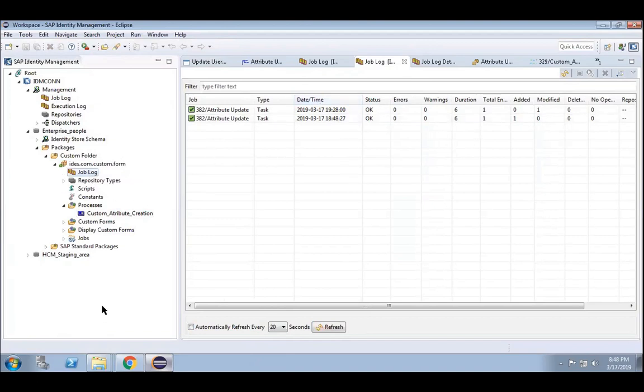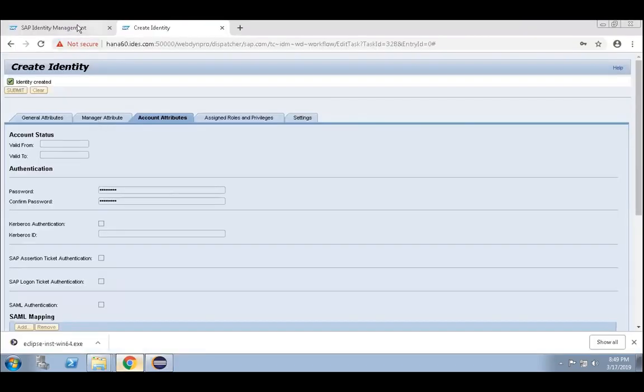If there are 1 lakh job logs, 1 lakh job logs will be shown here. There is no global filter; we can't put any filter. Why would you need a filter? Because suppose one job is running from here, and the next job is running from another one. If you just go to the individual log, you can't see the next log, which is running on another package. But in the global log, you can see sequentially what things are running.